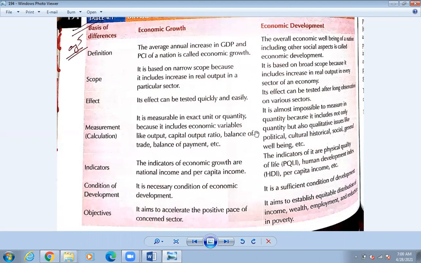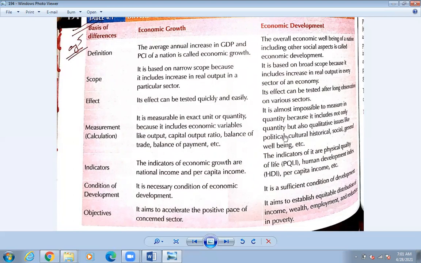So in case of economic development, how to calculate and measure it, so it is almost impossible to measure in quantity. Okay, it is a broad sense. That's why it is a bit difficult to calculate, because it includes not only the quantity but also the quality. Okay, so quality is also included, and quality cannot be measured. Your shirt is a bit clean, even cleaner than the other one, but by how much cleaner can you calculate, 5% more, 10%? Okay, so we cannot calculate that one. Okay, so these are the quality and quality cannot be measured. Okay, so cannot be calculated.